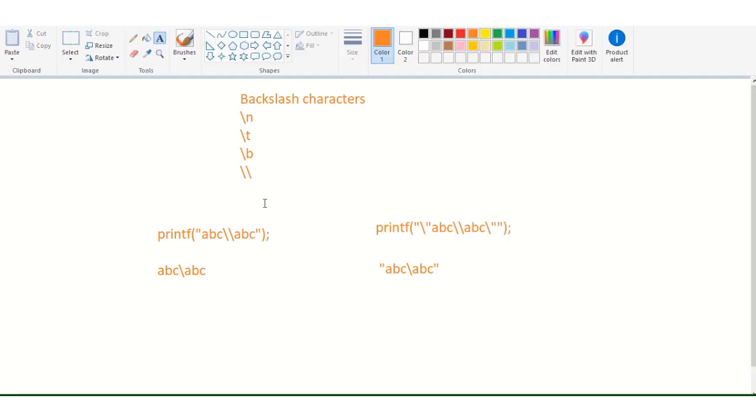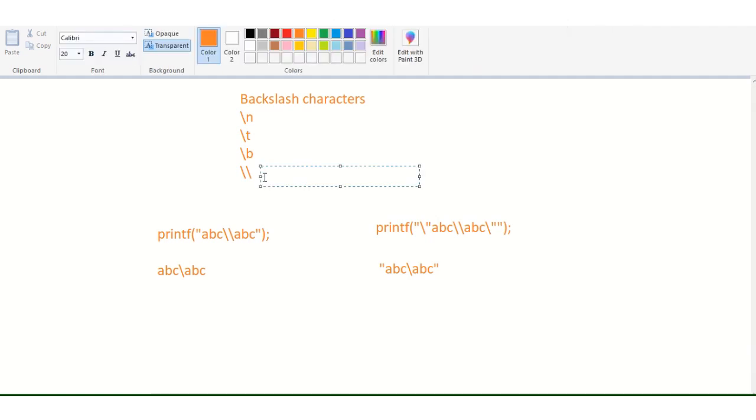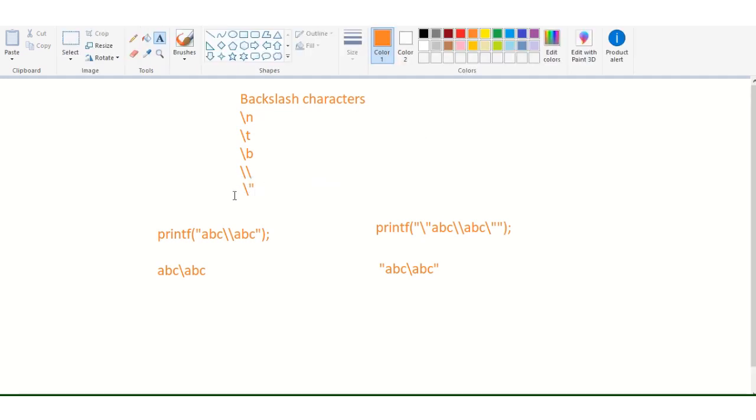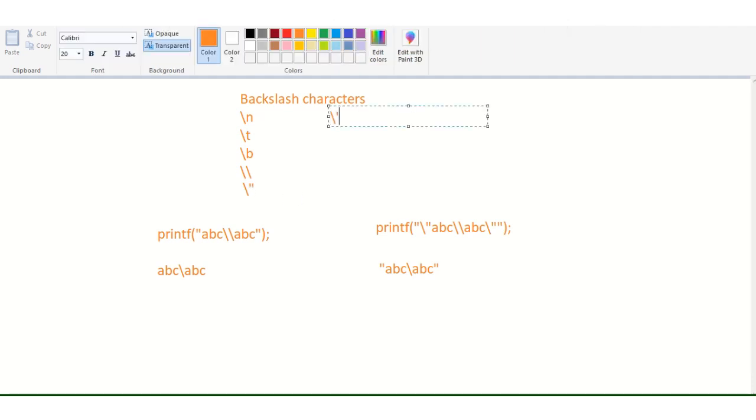If you want to print double quotes, then you have to use slash double quote. This will give you the result in double quotes. If you want to print the single quote, then slash single quote, right? Clear?